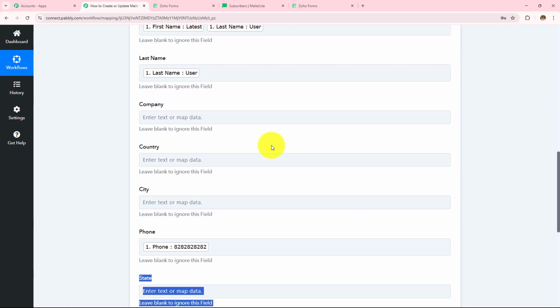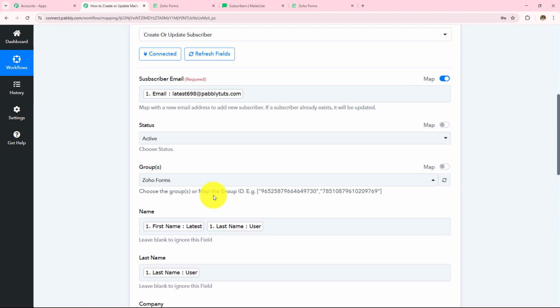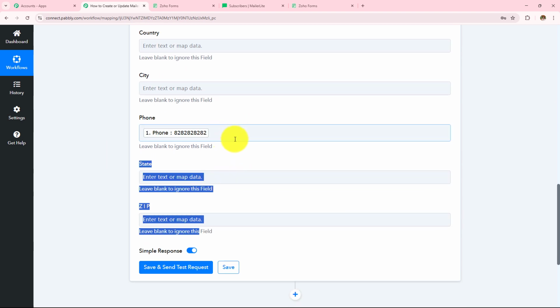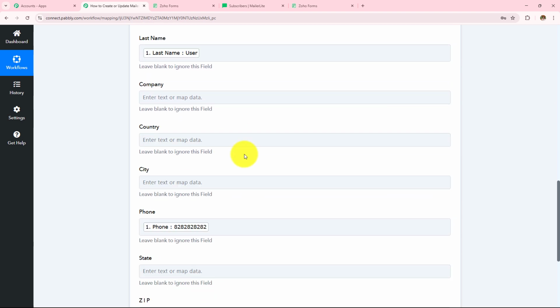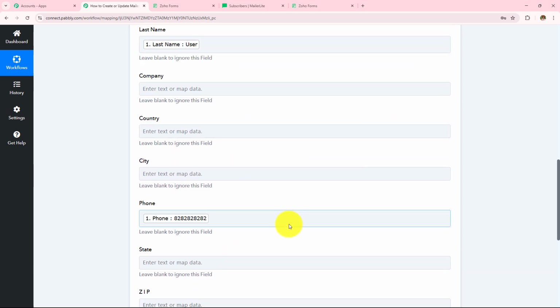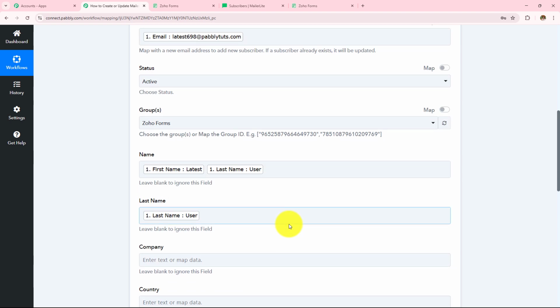Now mapping is important so that every time you receive a new response, it is taken into consideration in these fields. Manually entering the data will make these fields static, and the information will not change even if you have received the new response. Over here, if I manually enter any detail, this field will become static, and every time I receive a new response, the result will not change. So to keep these fields dynamic, we use this process mapping instead of manually entering the details.